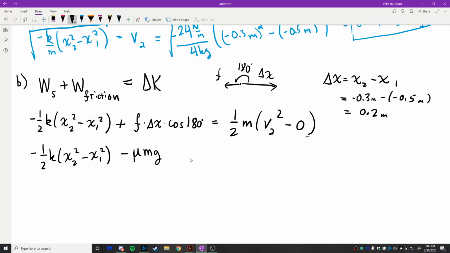The delta sign basically means you take the second position minus the initial position, or final minus initial, whatever you want to call it. So all of this is times, I've defined what delta x is now, so I'm just going to put delta x right there. And that's all equal to 1/2 the mass of the object times the velocity that we're looking for, squared. Just a matter of rearranging here and multiplying through by 2 and then dividing by m. So we're going to get something like this. We're going to have negative k over m